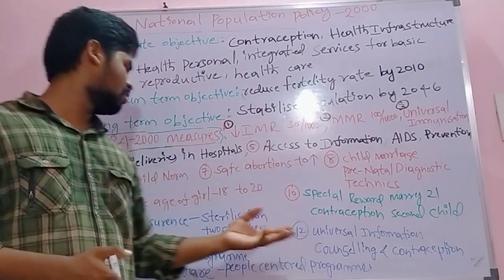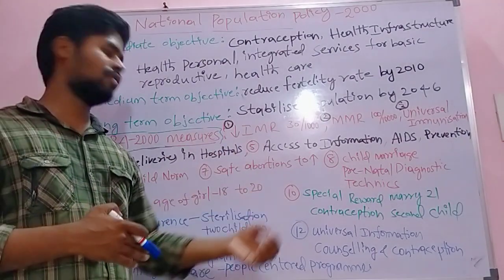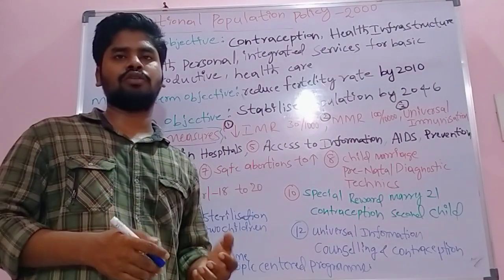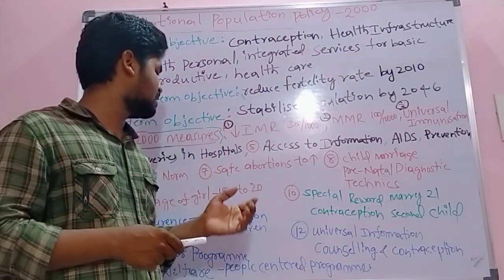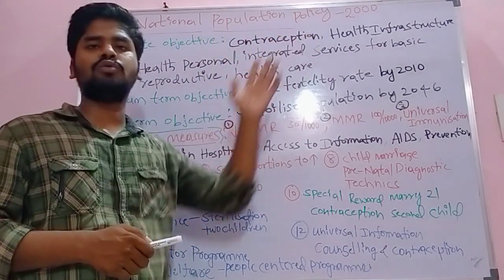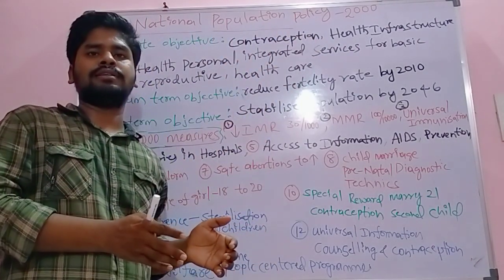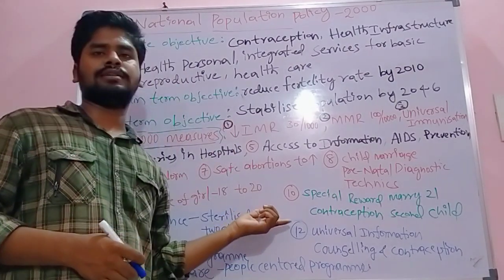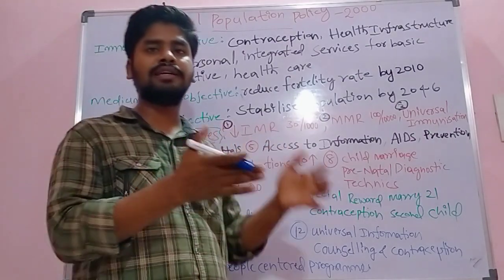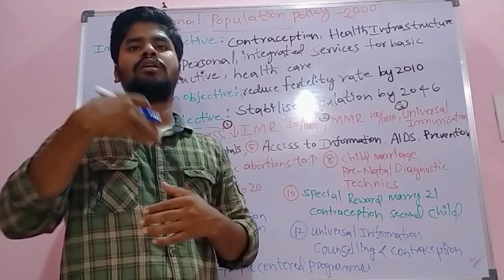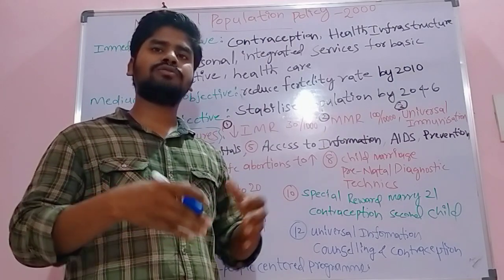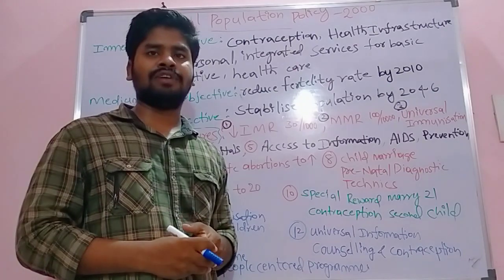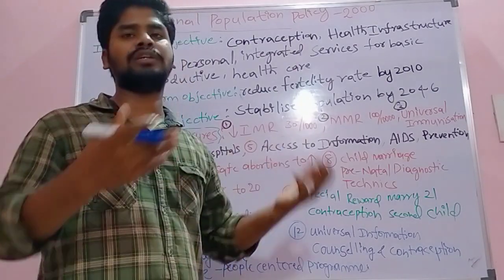And prenatal and neonatal techniques have to be provided by the government. And the marriage age has to be increased from 18 years to 20 years. According to the National Population Policy in 2000, marriage of an 18-year-old girl is allowed in the present condition, but it has to be increased to 20 years. Why is it increased? The reproductive age span will decrease, the girl child will go to school and can become well educated. That will be much better for her in her future family, and she will be aware of each and every aspect.